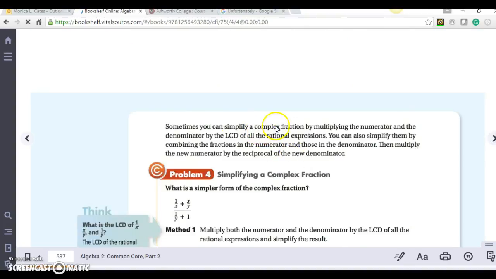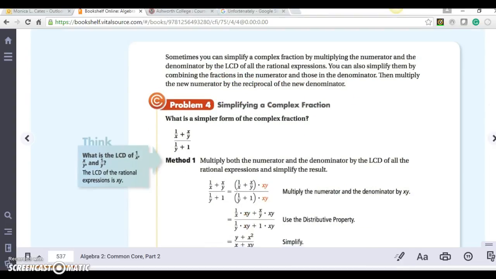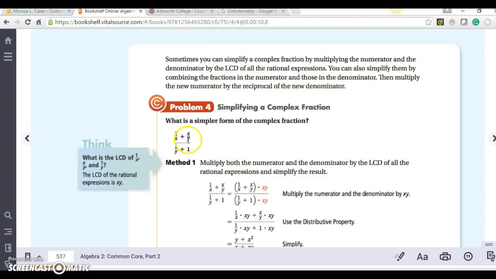Sometimes you can simplify a complex fraction by multiplying the numerator and the denominator by the least common denominator of all the rational expressions. You can also simplify them by combining the fractions in the numerator and those in the denominator. Then multiply the numerator by the reciprocal of the new denominator. So here's an example. We have 1 over x plus x over y, over 1 over y plus 1. They give us two methods. I'm just going to do one of those